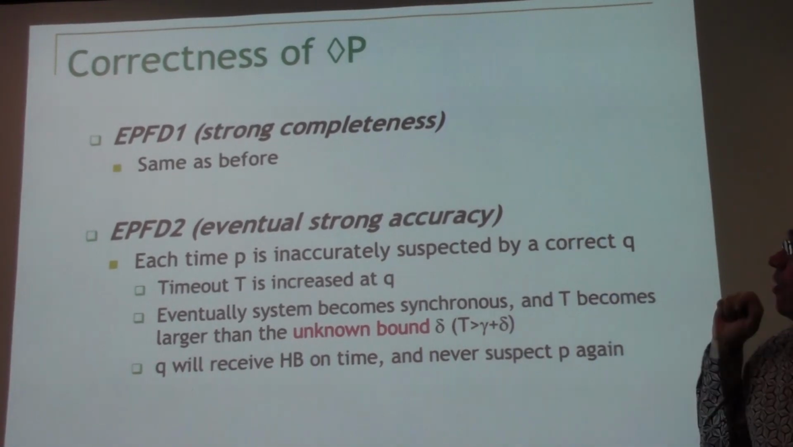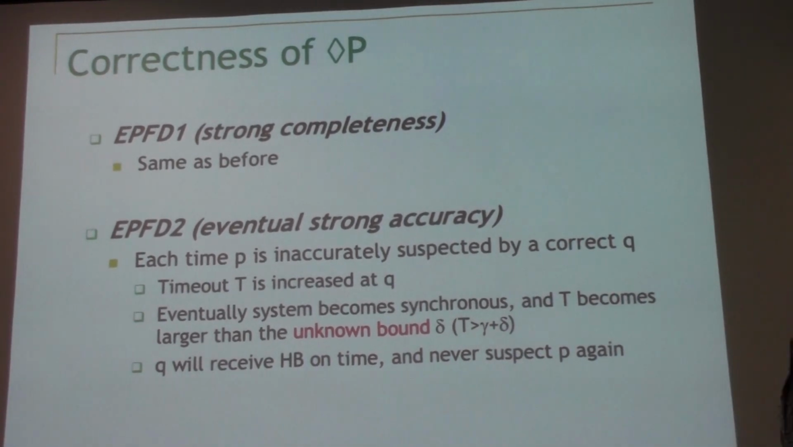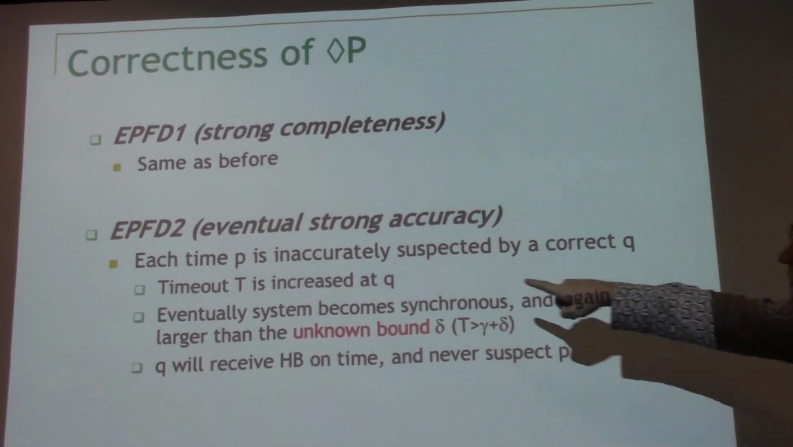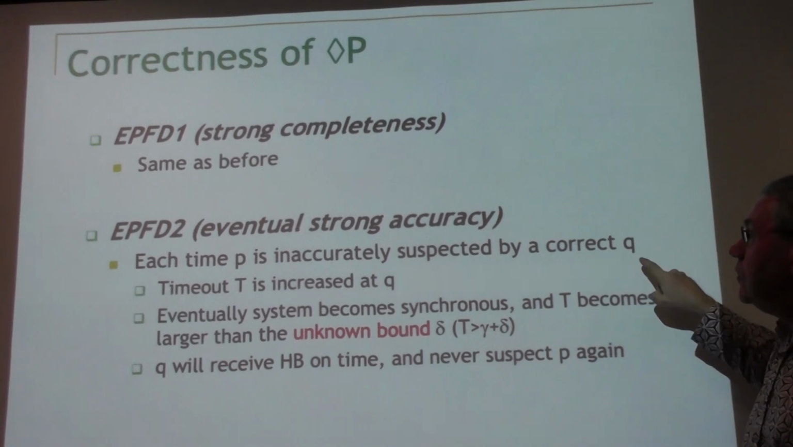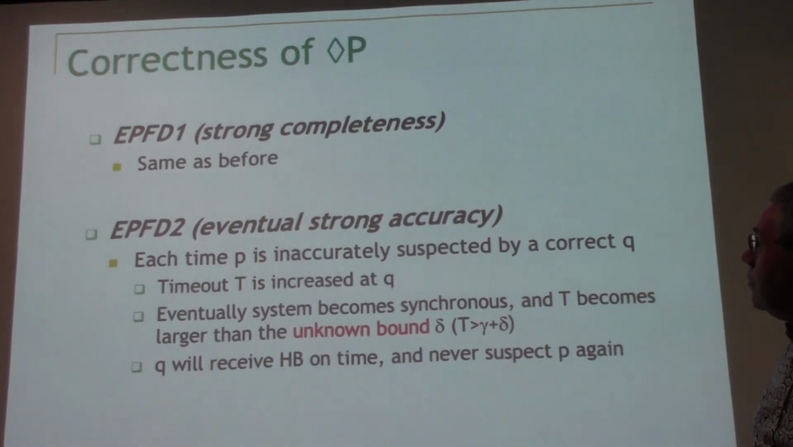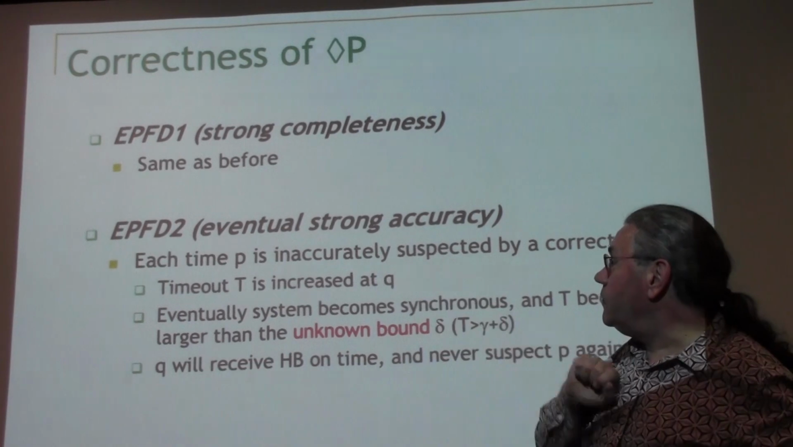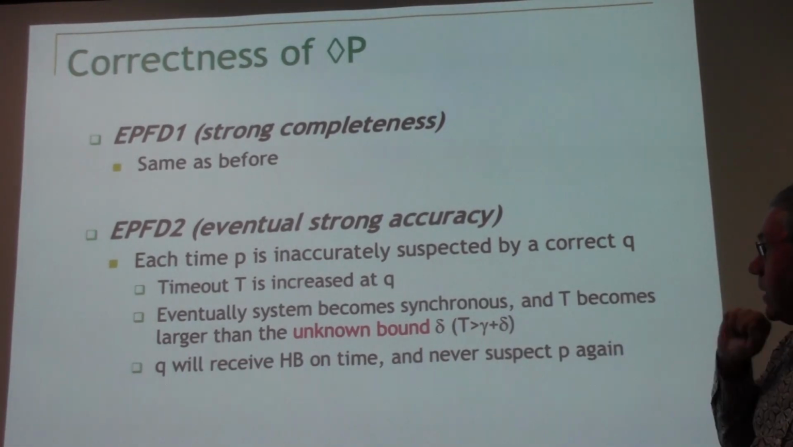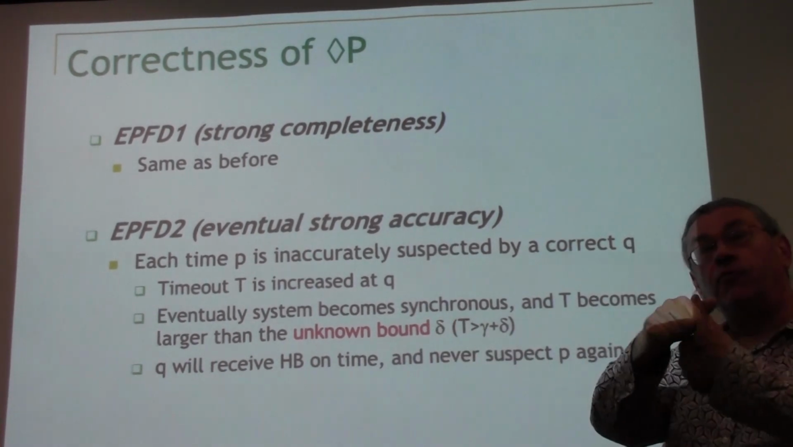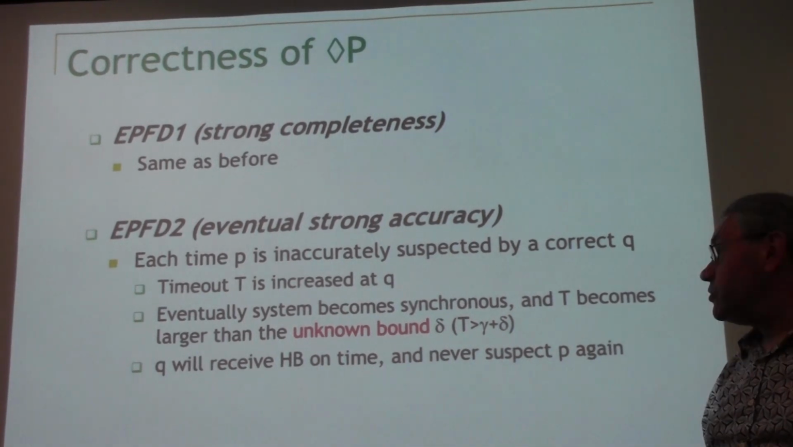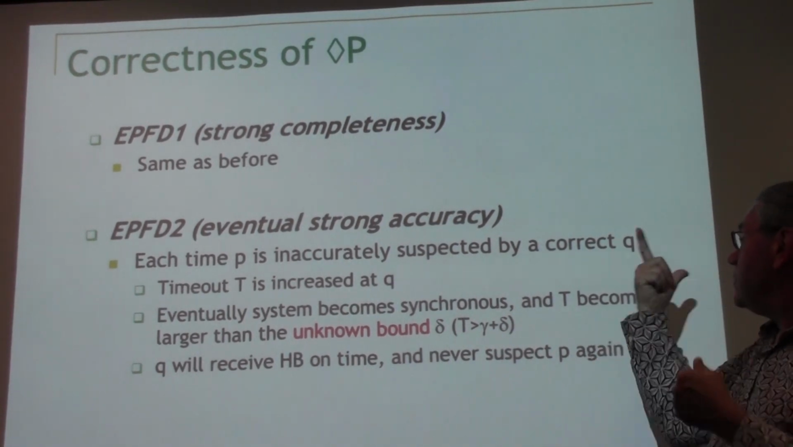But now the eventual strong accuracy. The idea is that it starts by making mistakes, but after some time it makes no more mistakes. So let's say P is inaccurately suspected by a correct Q. So Q thinks that P has crashed, but P has not crashed. The timeout T increases, and now there are two conditions that happen. First of all, so this keeps going. Eventually, the system becomes synchronous, condition number one. That means bounds exist. And second condition,